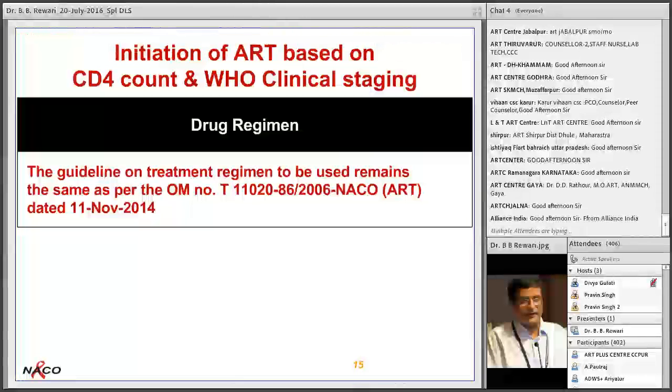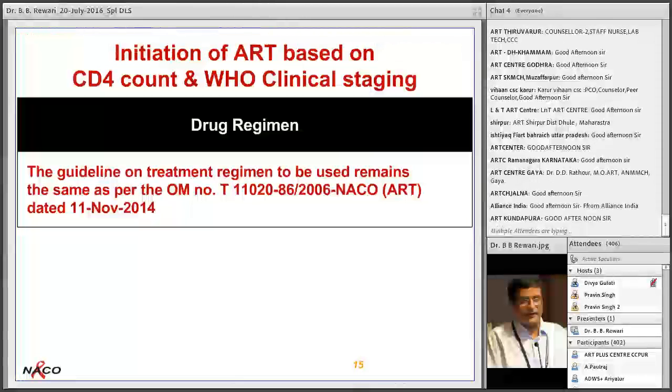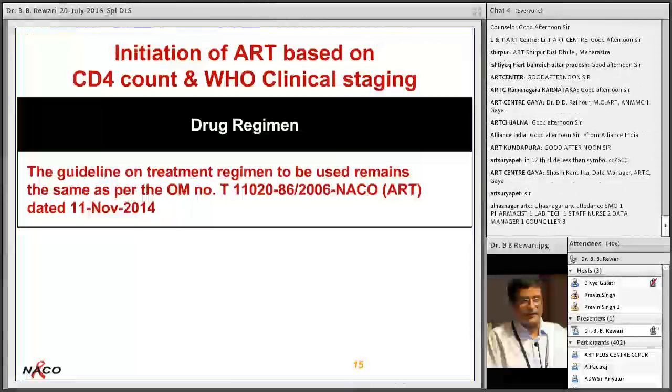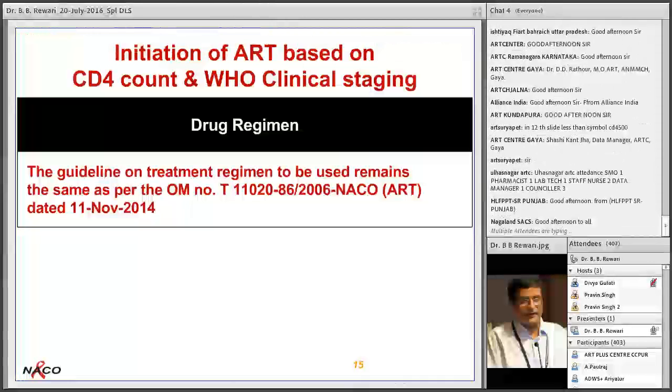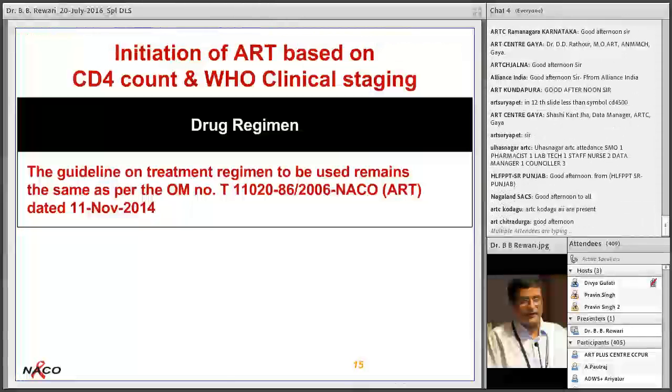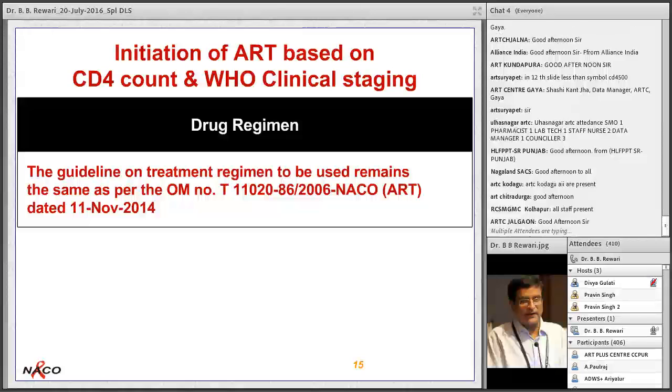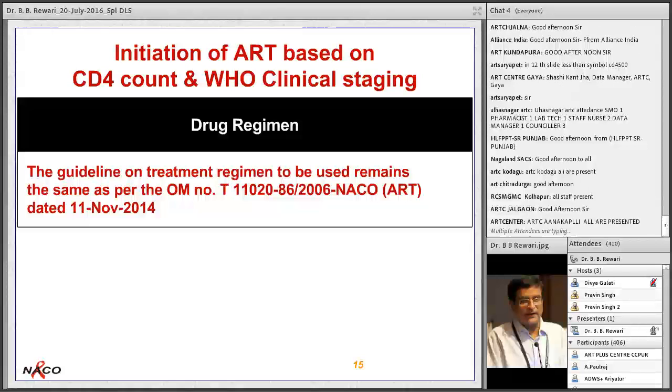But this was more on when to initiate. Coming to what ART to initiate, the guidelines do not change. I hope you have gone through this office memorandum, because you are initiating new patients on ART. All new patients eligible for ART as per CD4 cutoff of less than 500, plus those with TB co-infection, hepatitis co-infection, pregnant women, and children less than 5 years, regardless of CD4 count, have to be initiated on